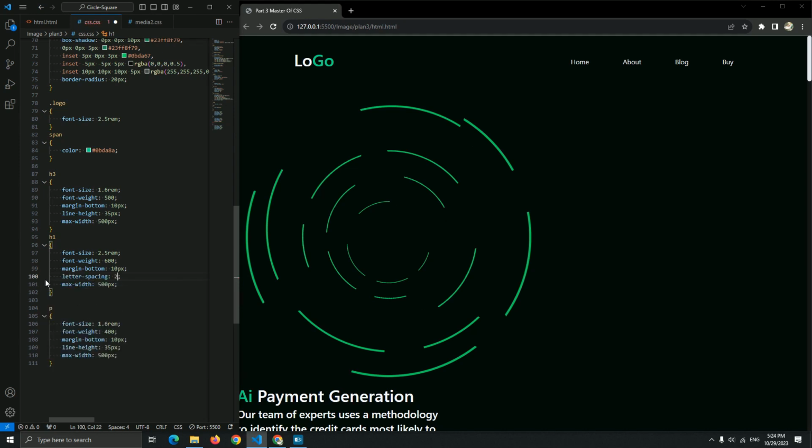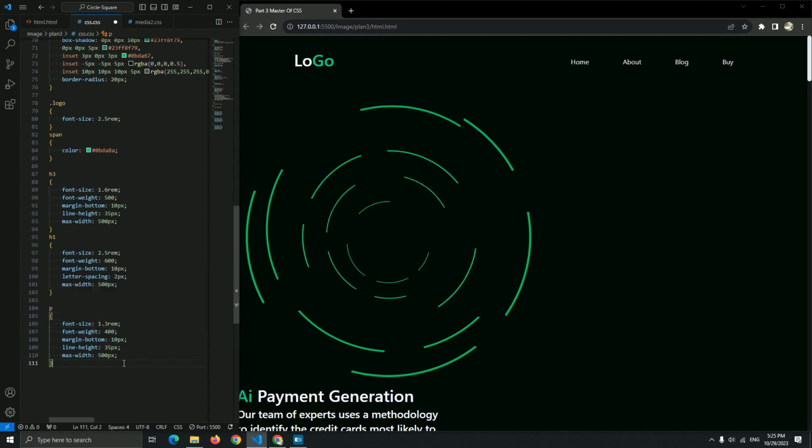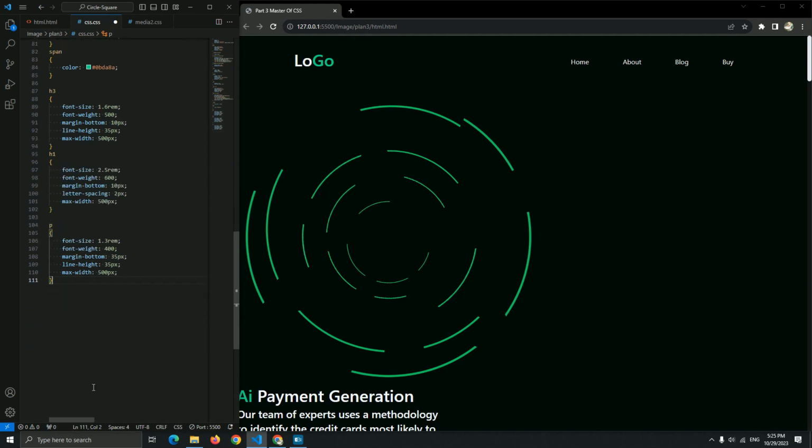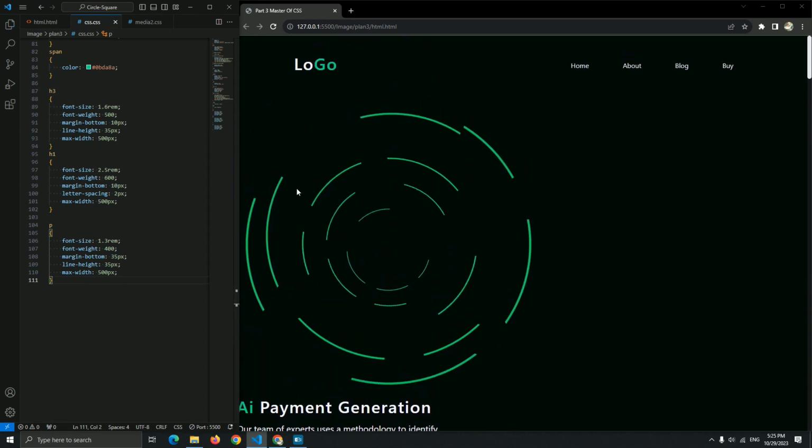Letter spacing 2 pixel. And yep. And now for the description, 1.3 rem, and line height be 35 pixel. Margin bottom, let it be 35 pixel instead of 10 pixel. 35 pixel for margin bottom. And yep, as you can see right now for this text.